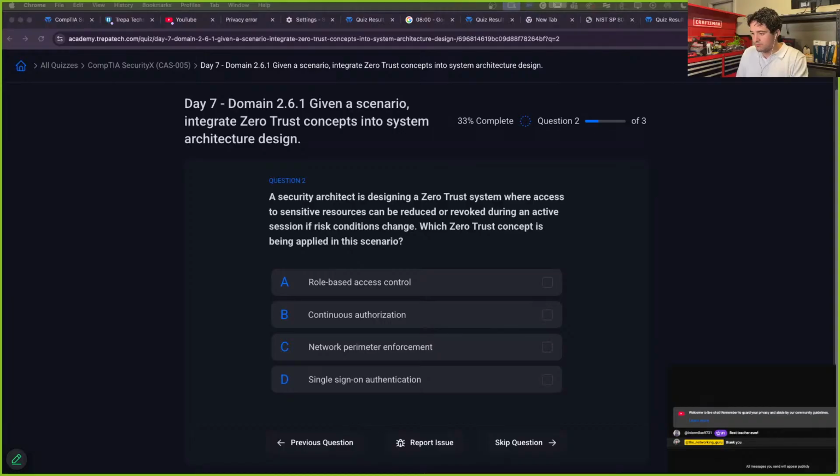Question 2. A security architect is designing a zero trust system where access to sensitive resources can be reduced or revoked during an active session if risk conditions change. Which zero trust concept is being applied in this scenario? Access to sensitive resources can be reduced or revoked during an active session. Okay, if risk conditions change, that's conditional access. So we're saying, hey,